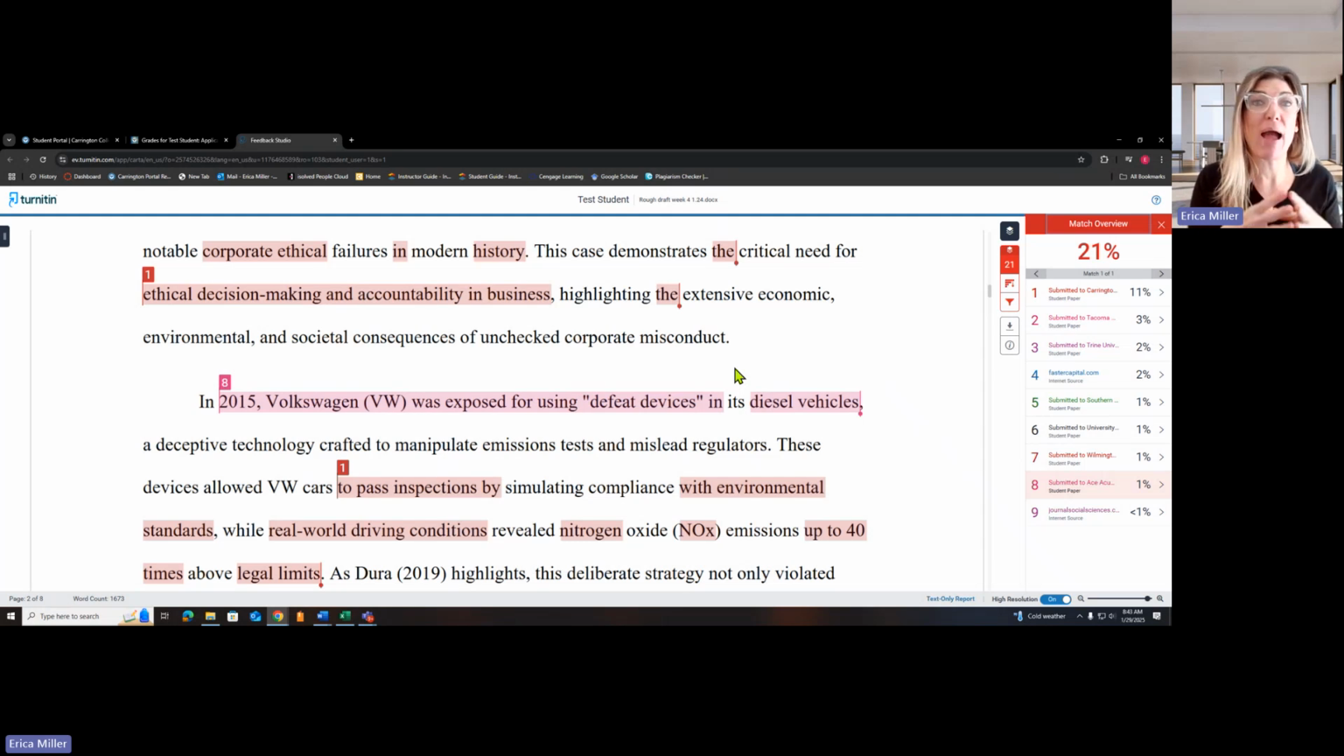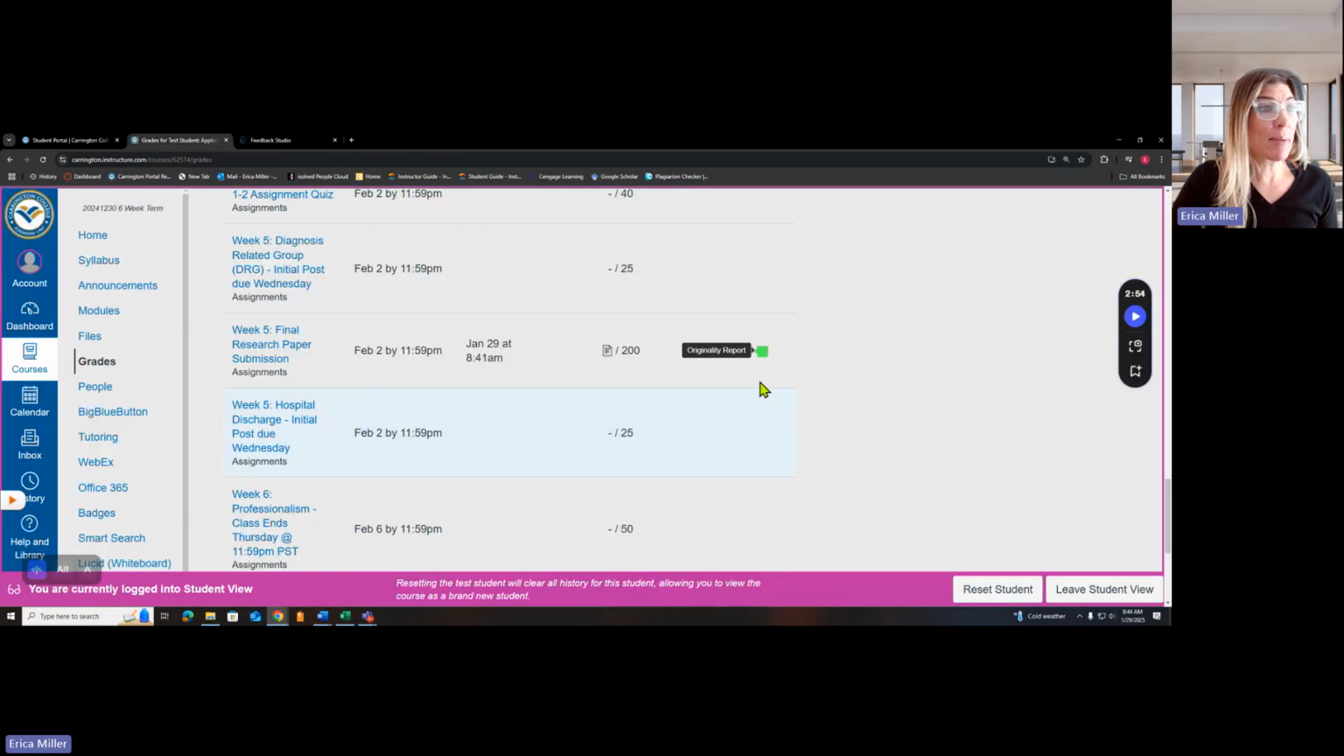You just want to make sure that your words make up the bulk of the content of your paper, right? Again, the expectation is 24% or below. Okay. All right. So again, you can submit this as many times as you need to get to that originality report flag of green. So just as an example, as a test, I'm going to go back over to final papers,